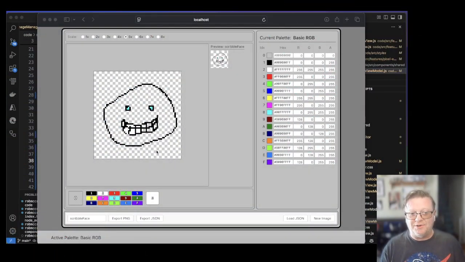We can see that I've started creating a scribble face. I'm just filling in some teeth. I'll keep doing that. Let's just place some pixels for the teeth. And in the prior working session, I ran into some problems getting the image data saved out to a PNG. It didn't work out real well. It kind of broke a whole lot of stuff, and I spent most of the stream troubleshooting and fixing that problem rather than actually getting